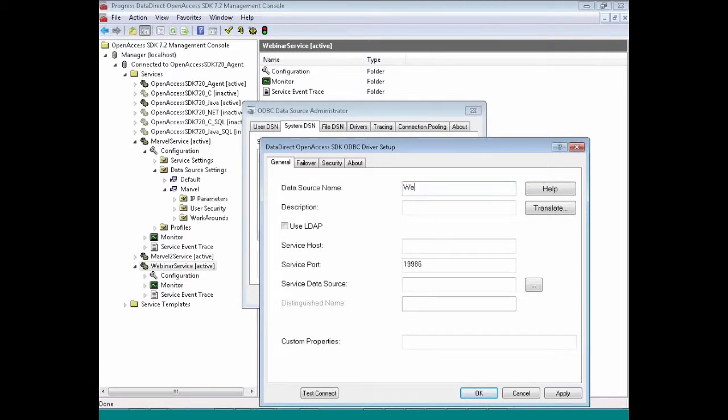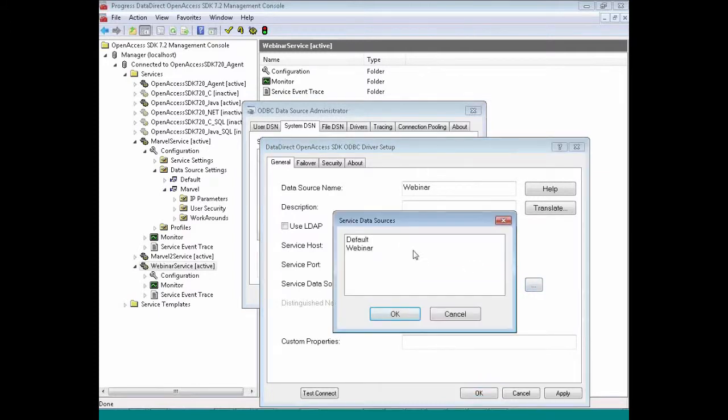And I'm going to call this one Webinar, just to match the name we've been using. This is the host where my Open Access server is, so it is in fact on the same box, so it's localhost. And the other thing is, if you remember, I said it was going to be on port 19,994. Now let's go ahead and click here to see what services are there, and you can see these actually